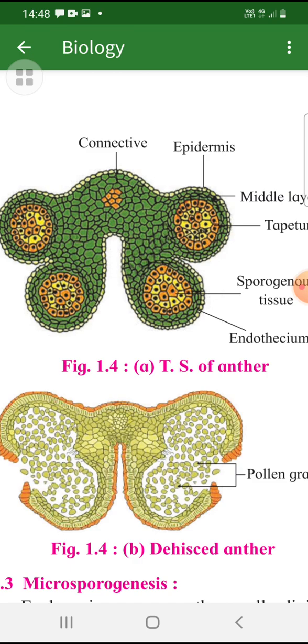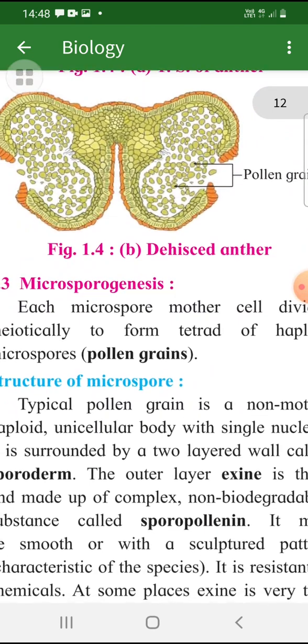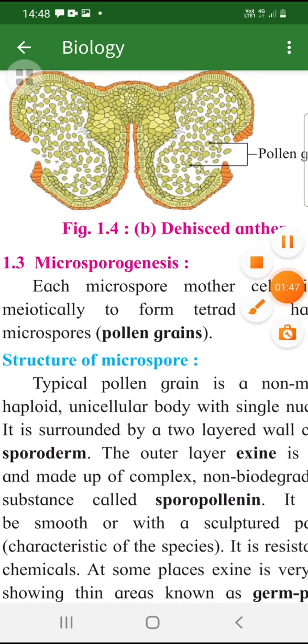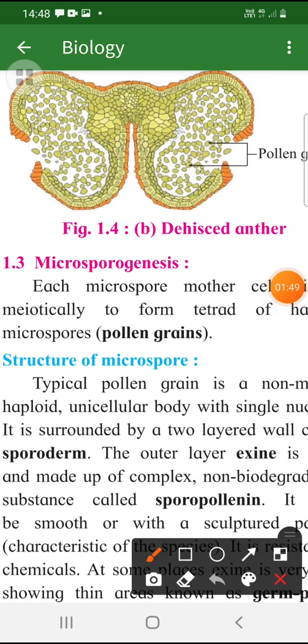What will they form? Microspore mother cell. So here, if you read from here, each microspore mother cell, मतलब स्पोरोजेनस टिश्यू में से जो सेल मिलते हैं, हर एक सेल एक माइक्रोस्पोर मदर सेल बनाता है, राइट? सो एवरी माइक्रोस्पोर मदर सेल would undergo